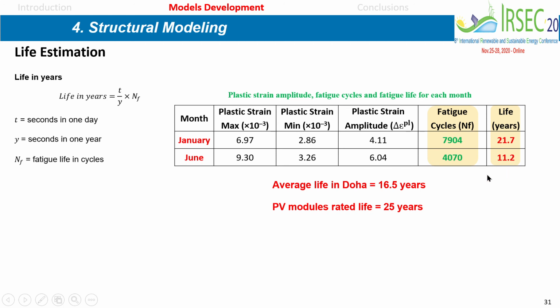And if you compare to the lifetime given by the manufacturer, which is 25 years for PV panels based on silicon or polysilicon, here if you take the average between the two, it is only 16. So it is not surprising. We are in a desert area, with harsh conditions in terms of temperatures, and that's why we found less in terms of lifetime. And this is very important for designers of PV panels to know about.